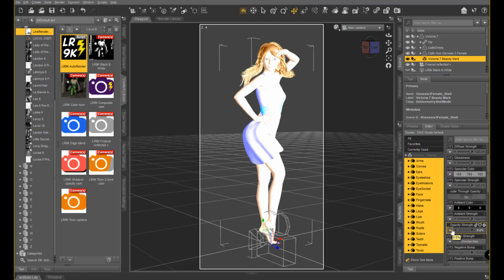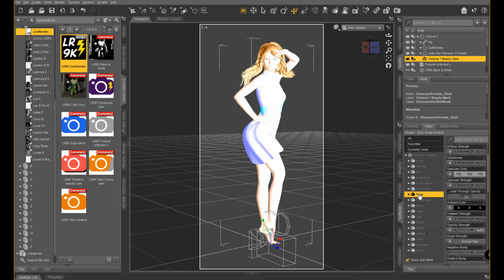All right, so this basically reverted it back to what we had before. Now this geometry shell isn't being shown whatsoever. So now we're going to make an edit to the face. So if we select the face by itself, now